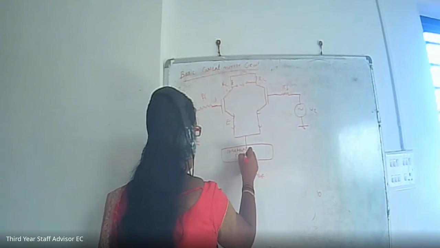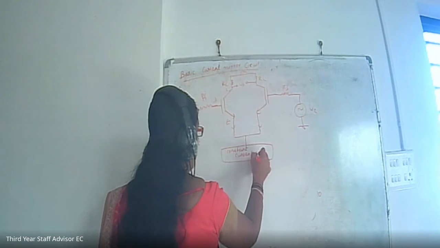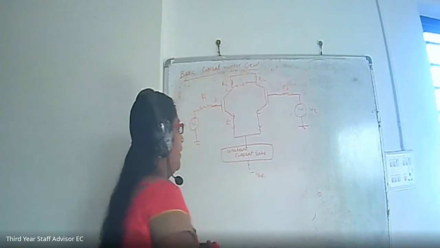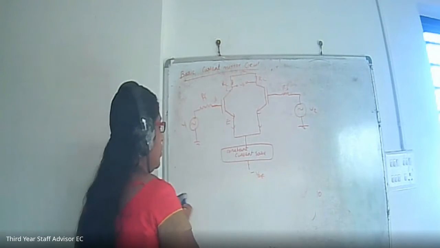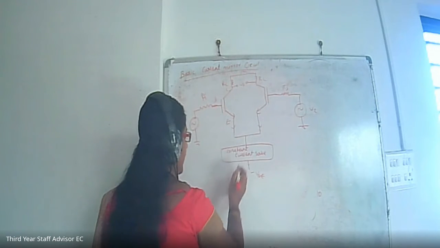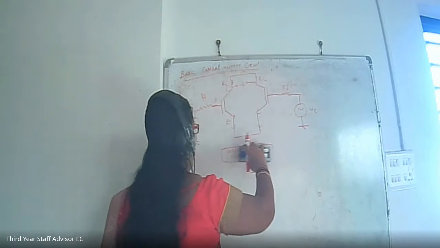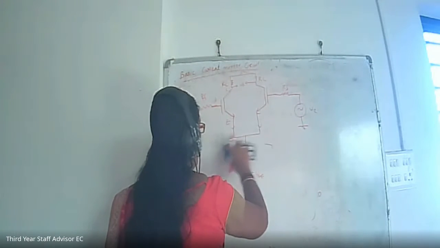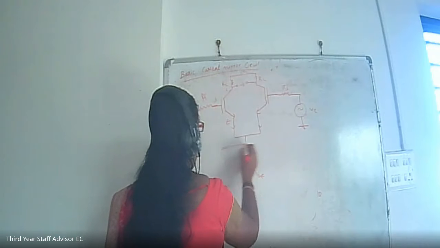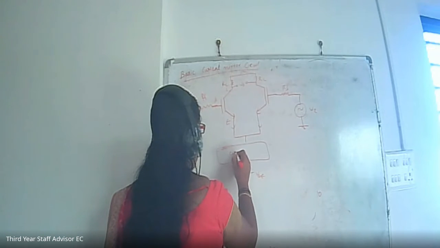This will be more stable. This will provide a constant current. So this is a constant current source. We will be connecting the circuit, and there will be some circuit diagram. In this portion, we will be drawing a current mirror. Instead of that portion, there will be a current mirror circuit.